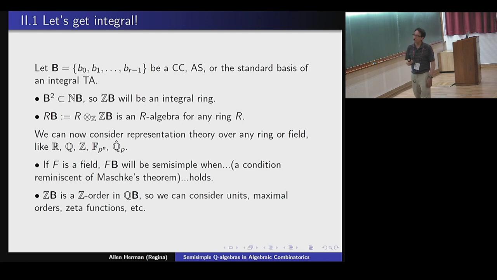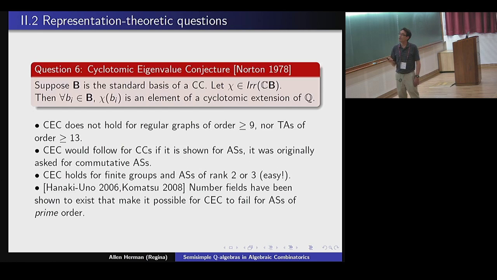Consider maximal orders between ZB and QB. ZB itself is not a maximal order, but you can find what a maximal order would be. Zeta functions, I'll say a little bit about that direction. Okay, when you look at this over Q, there's a huge conjecture in the subject about the